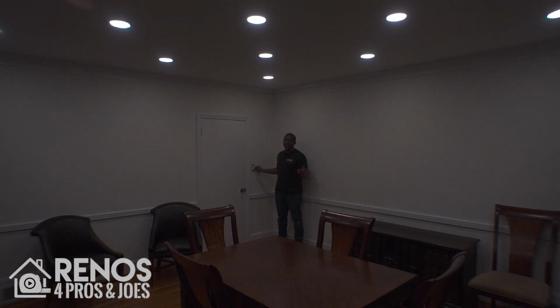Bump it down a little bit now. Now we are at around 25%, and then we're gonna take it all the way down to its lowest setting. Now, once again, I'm gonna adjust the camera so that you can see what this color looks like once we've adjusted for the environment. And this gives a more accurate representation of what I'm seeing in the space as I'm